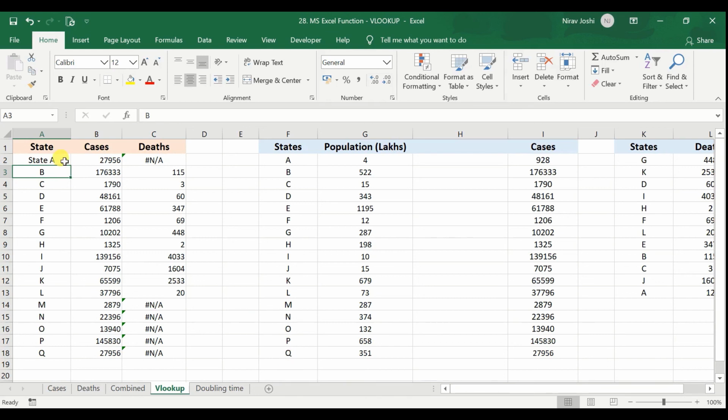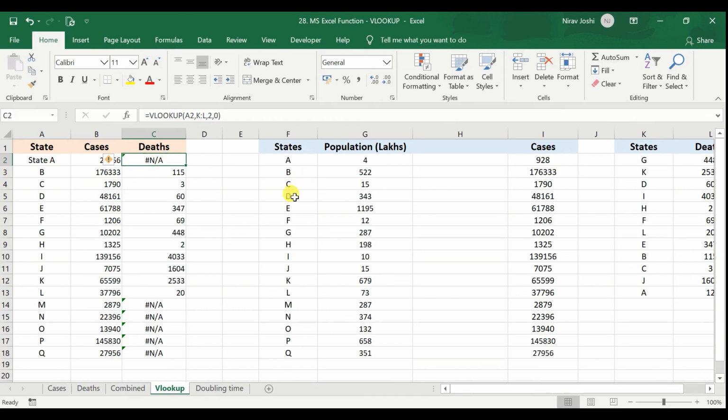In dictionary, this state A would fall after Q because S would come after Q, and that's why it would identify this number as VLOOKUP identified number in the function, and that's why it is showing number of cases as 27,956. But as we have used the exact match in this formula here, it is showing error.